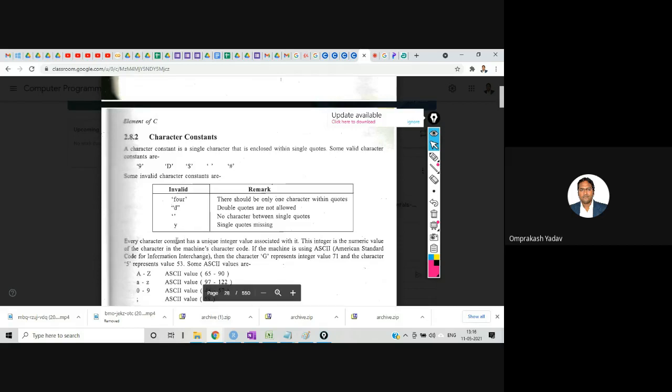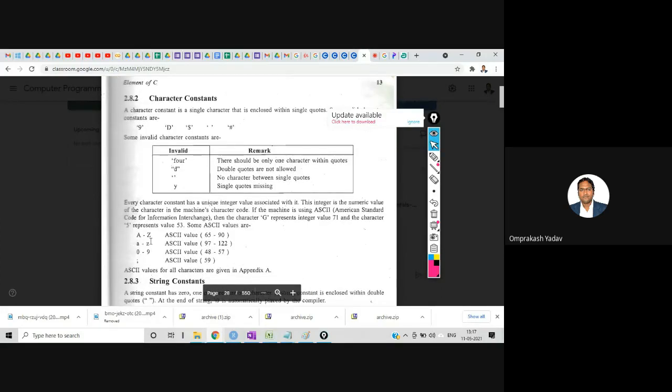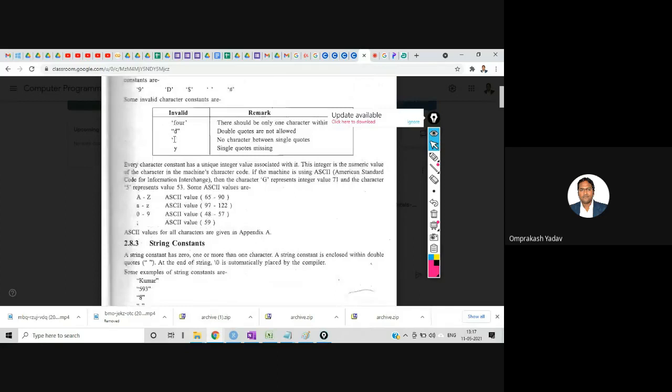And here there is no character at all in this particular thing, and this is a y without any single quotes, so this is also not valid. Even if you want to have a space, you will have to put one space inside this, then it will be valid.